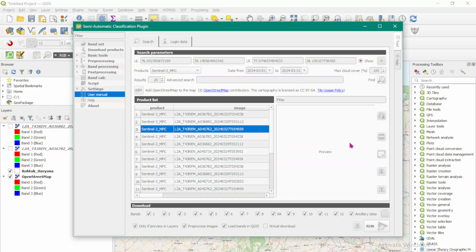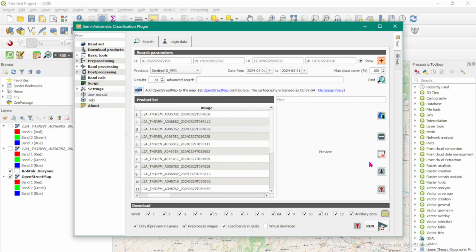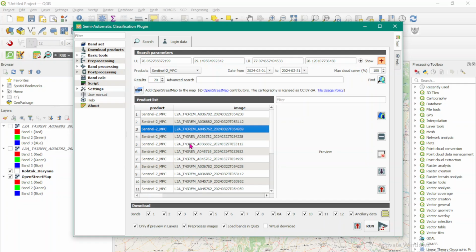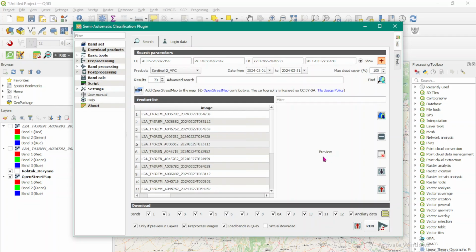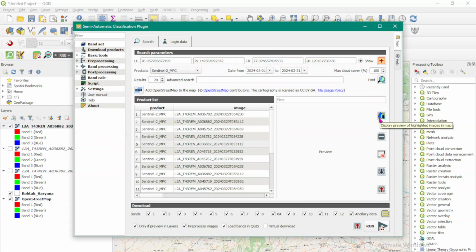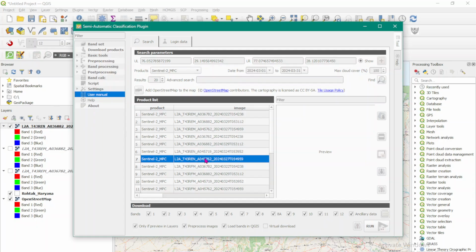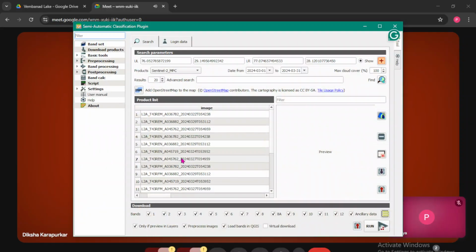I can also have a preview of it. Just click on it and it should give you a preview here. Okay. So I will select my data set and then we will come back and see which is the one that we want to download. So far I have not found one. I have to find one.